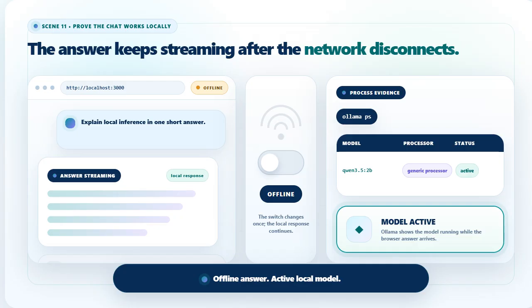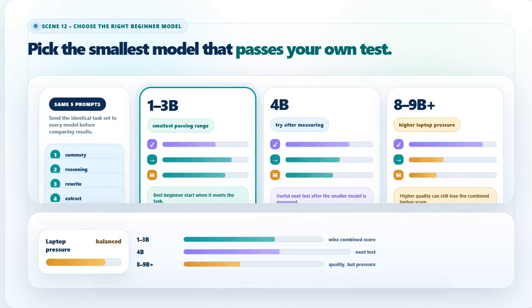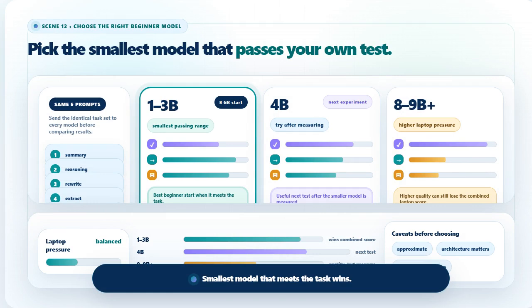The result is a local assistant, but its answer quality still depends on the selected model. From there, the next practical step is choose the right beginner model. Model size is a trade-off between speed, memory use, download size, and answer quality. For 8GB laptops, start around 1B to 3B parameters. Qwen 3.5:2b is the tutorial default. With roughly 16GB of system memory, try a 4B model first, then an 8B or 9B model only if the